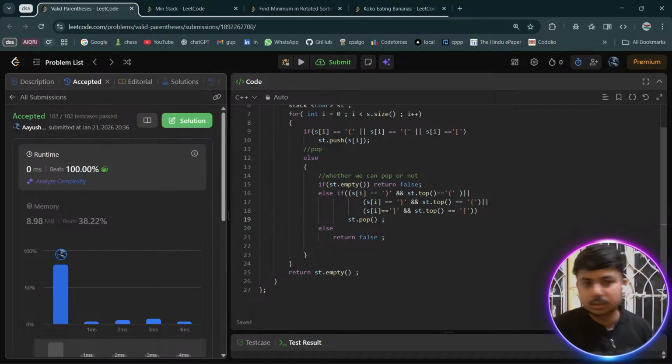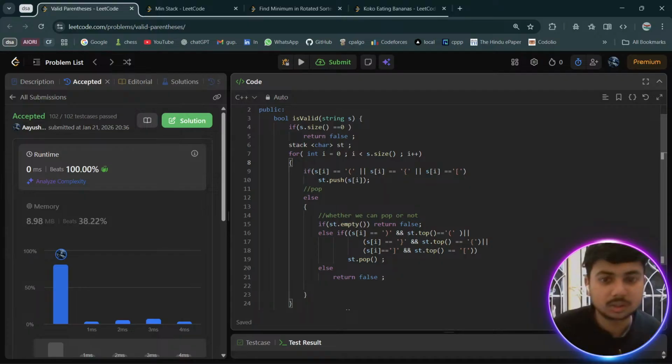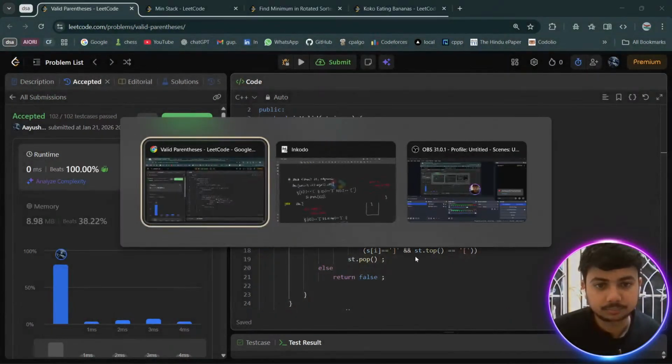I guess not. Then our space complexity is, we are just initializing a stack and we are pushing half of the elements, so that is n by 2, right? And our time complexity is order of n, because we are traversing across all the elements that are present in the string. Okay,